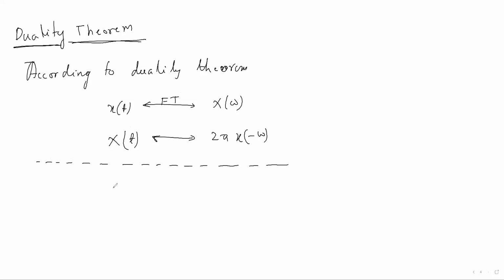You can write it another way. If x(t) has the Fourier transform X of omega, then capital X of t can be written as small x of minus f. If f is there, there will be no 2 pi to multiply. But if omega is there, you have to multiply. This is in omega form. This is in f form. Okay, you can write it like this also to remember.